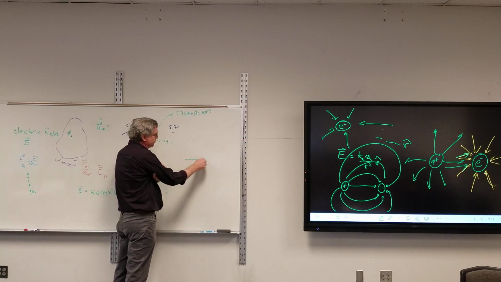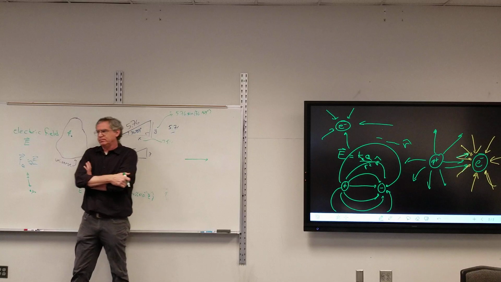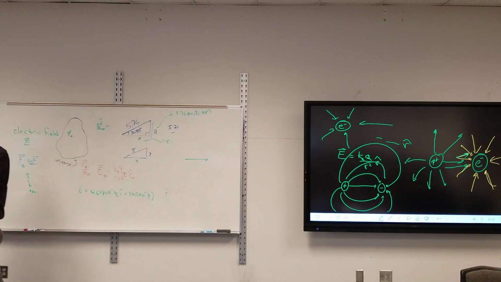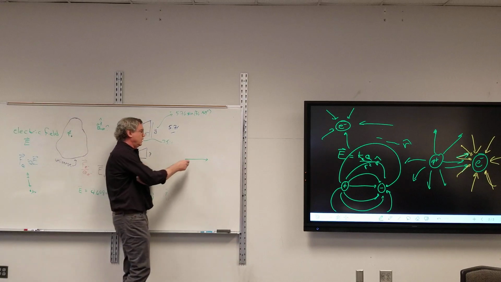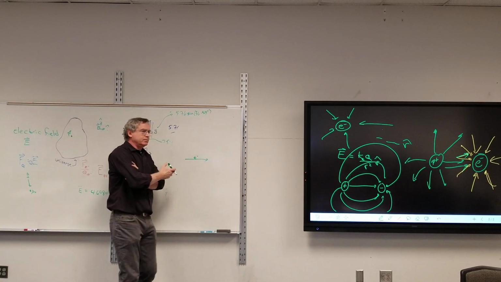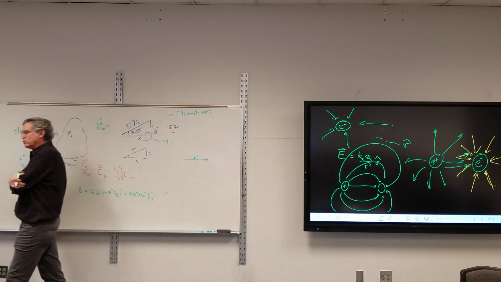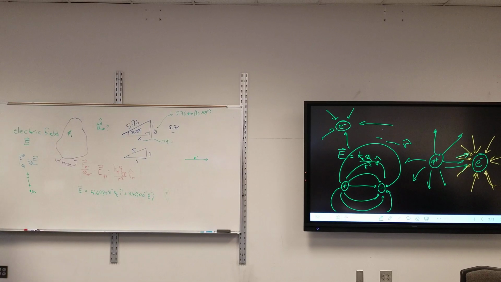If I have an electric field going to the right, I'm not stating what's causing it, I'm just saying I have an electric field going to the right. And I put an electron into it. Which way will the electron be forced? To the right. Why? Because